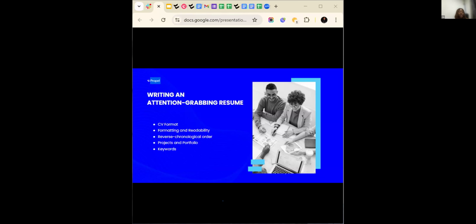Now, after your work experience, you have your education and certification. Your education refers to your school, your university. You might put your secondary school. For some recruiters, they don't really care about that. But to be safe, again, you can put your secondary school, put your university. For those that have taken other certifications, please put it there as well. If you have other schools you've gone to apart from the usual university and secondary school education, please put it up as well.